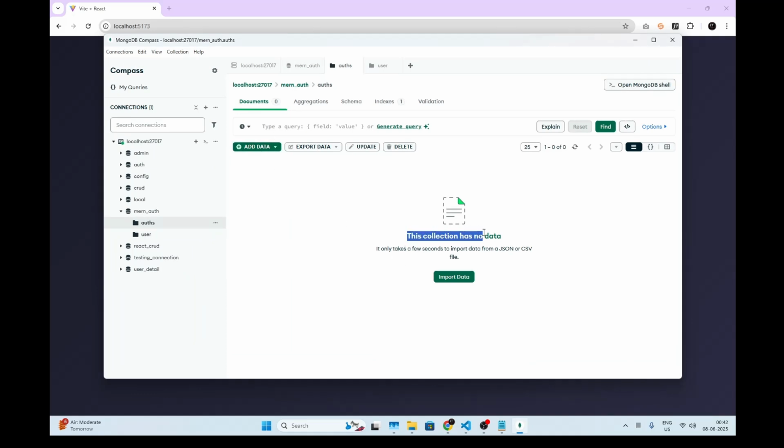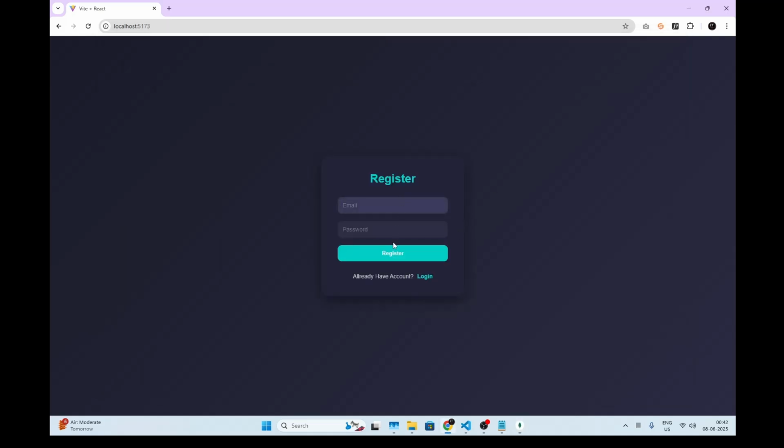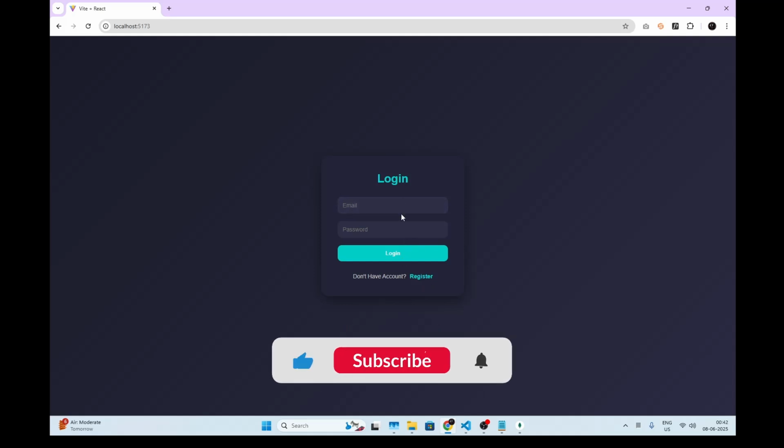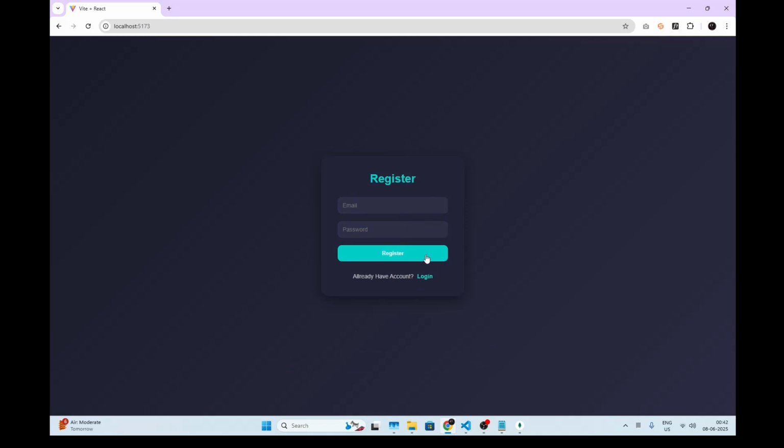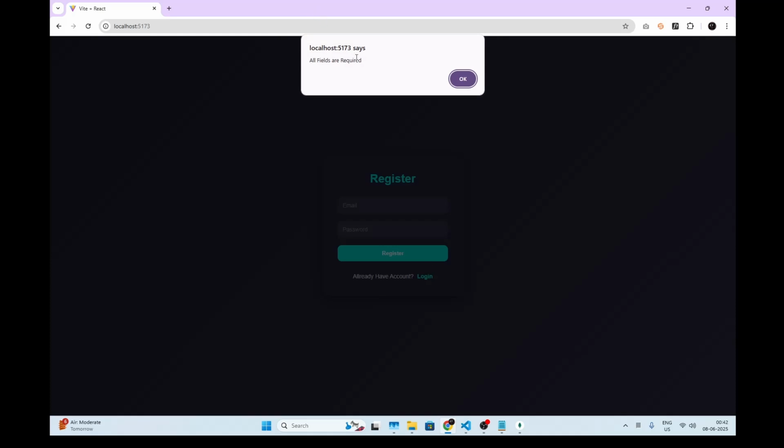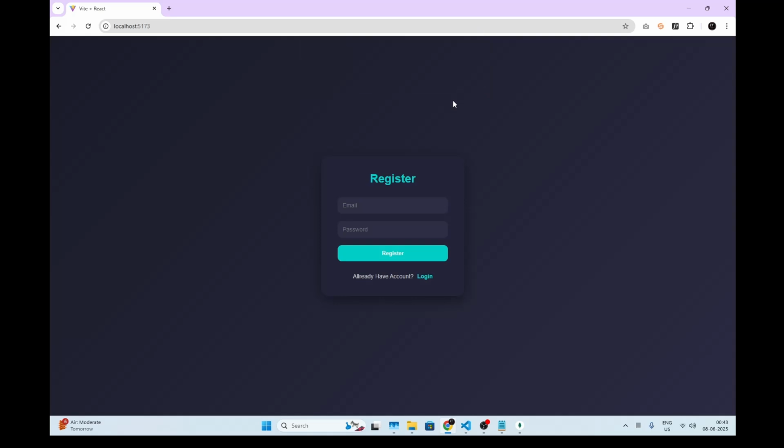Here you can see there is no collection in this database. I will refresh this also. You can see this collection has no data. So first of all, we will register, then we will click on login, then we will log in by writing the authentication email and password. If the user tries to register with empty fields, then a pop-up will appear which says all fields are required. So let's create a user,